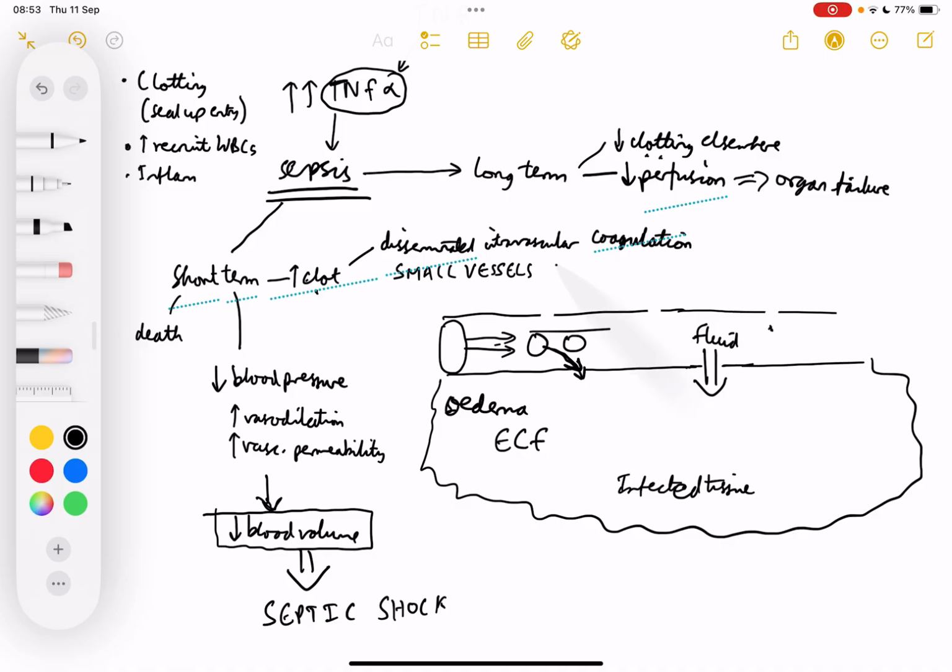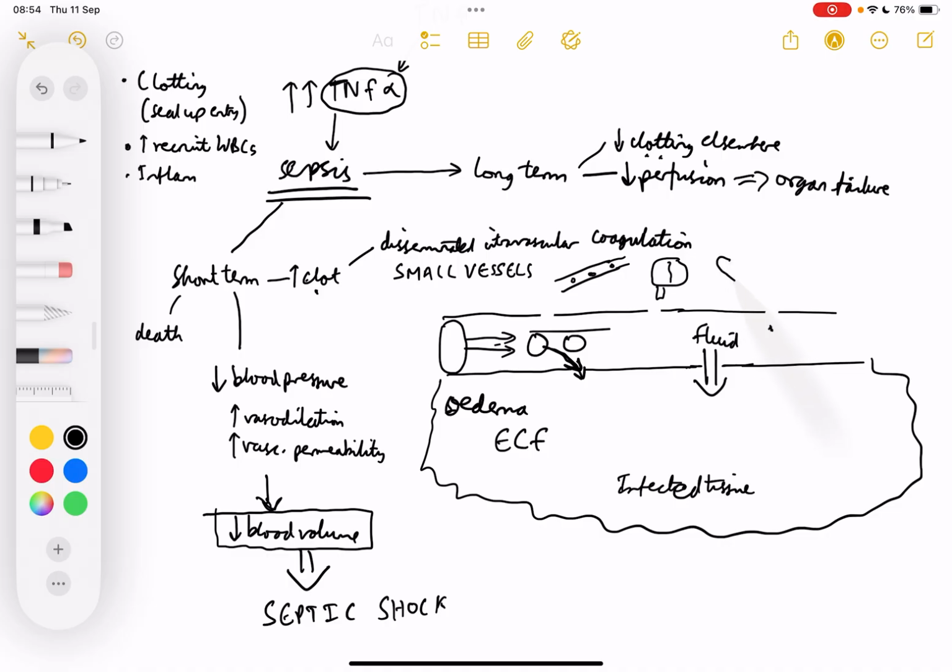You have increased clotting. So if you have a blood vessel close to the site of injury and you have white blood cells leaving it, that's actually effective, that's a good thing. But if you have smaller vessels nearby that aren't as helpful in the response, but they're still getting blood clots, you might get loads of small blood clots dotting around the circulation, and if those travel away from the infected region and break off and maybe go to places like your brain or your heart,